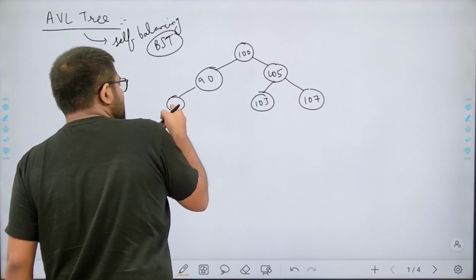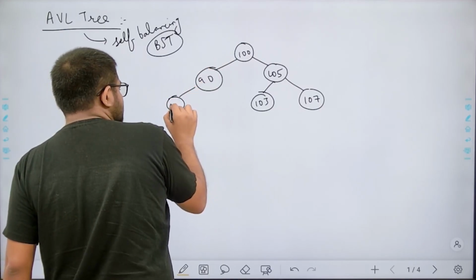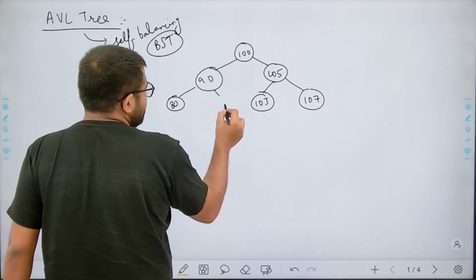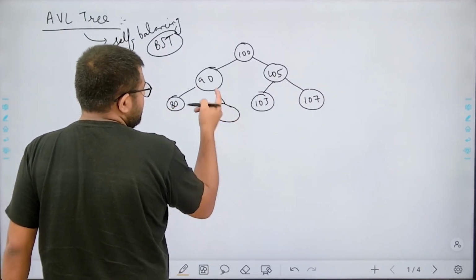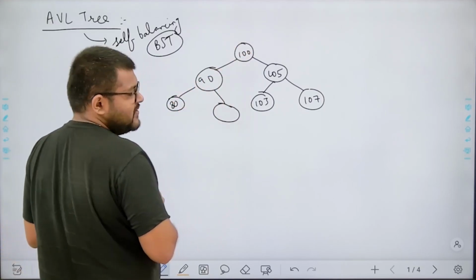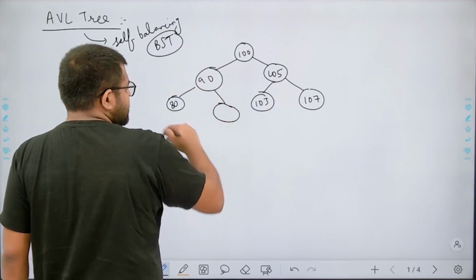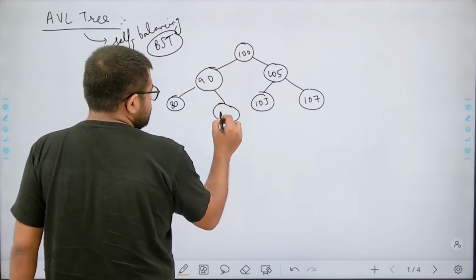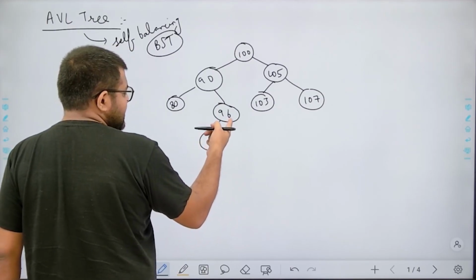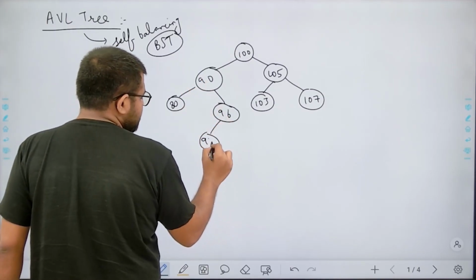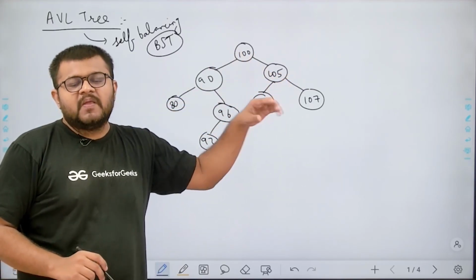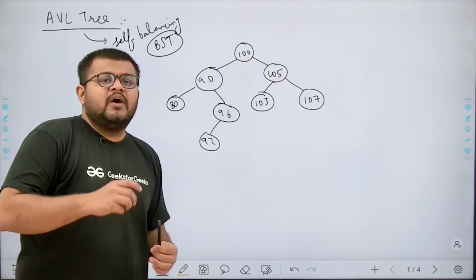Here the value should be less than 100 as well as less than 90, because it is on the left part of 90 as well, so something like 80. Here the value should be greater than 90, but less than 100, because this subtree is on the left hand side of 100, so something like 96 and so on. Here the value should be less than 96 but greater than 90, so something like 92 is valid. So this is basically a binary search tree, which is a binary tree, and for all the